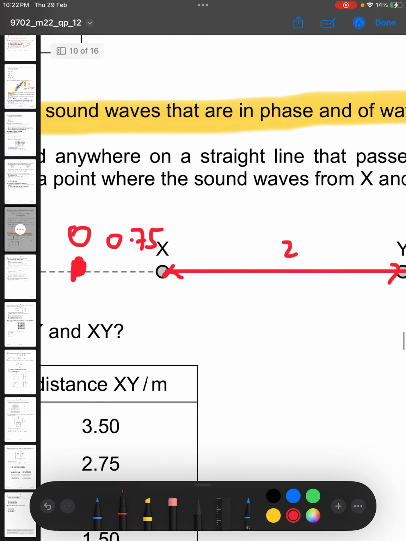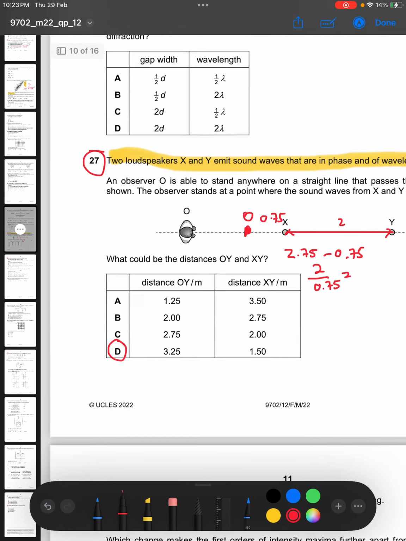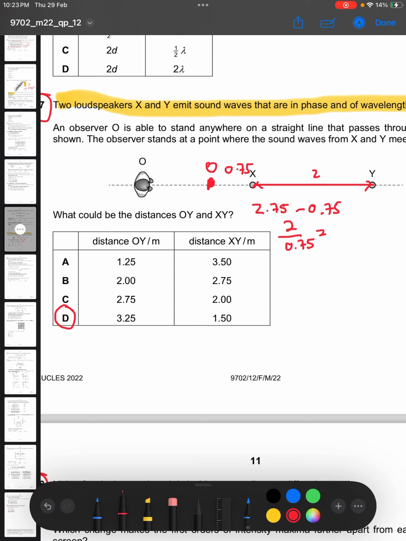So the path difference is between the one moving 2.75 and the one moving 0.75. This will give us 2. And 2, that's the path difference, divided by 0.75, the wavelength, it will not give us n, which is a whole number. So again, this cannot be. So just to prove that the last one is the correct one, I'll then say